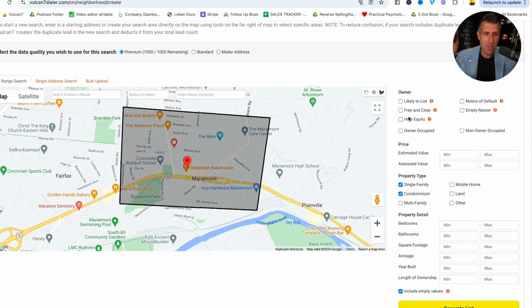Notice of default, high equity sellers. These are all opportunities for you to build a list of seller leads with little to no competition. This is what I call demographic